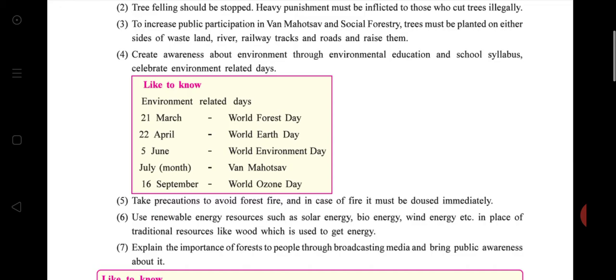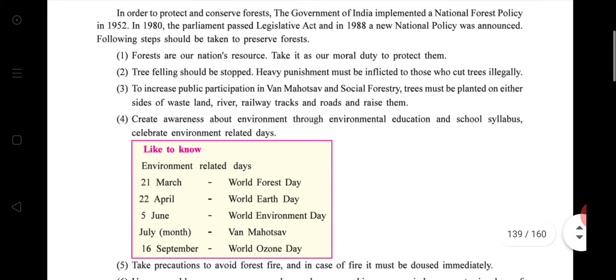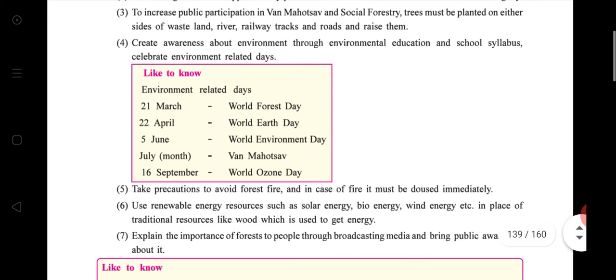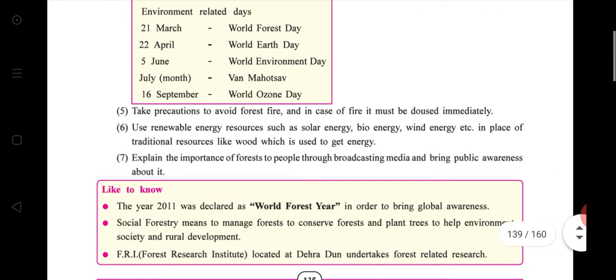So 21st March, Forest Day; 22 April, Earth Day; 5th June, Environment Day; July, whole month, Van Mahotsav; 16th September, World Ozone Day. So here I gave you 5 days related to the environment. So you remember this? Then fifth, take precautions to avoid forest fire, and in case of fire it must be